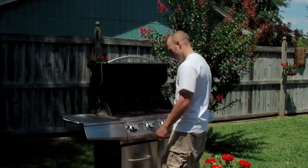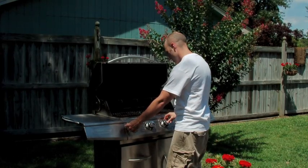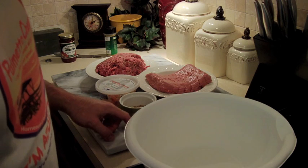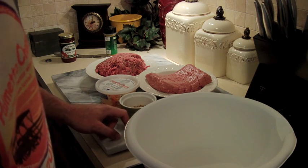Before we mix everything up, we're going to go outside and turn on the grill. Whenever you're grilling, make sure you take the necessary precautions to keep everybody safe, whether using charcoal or gas. When working with raw meat and any other food item, always make sure that you wash your hands first before